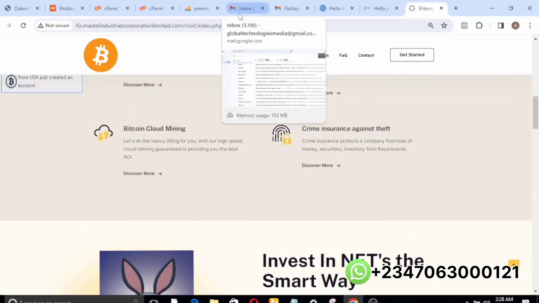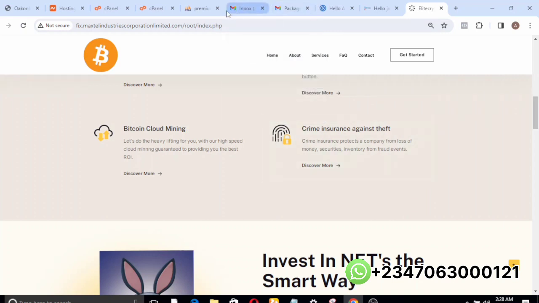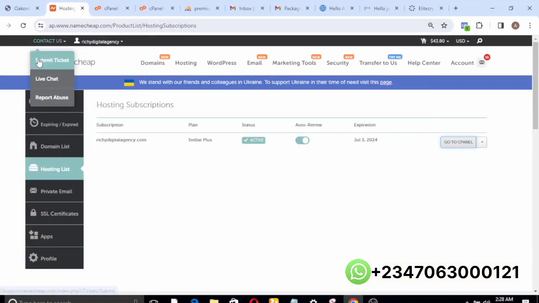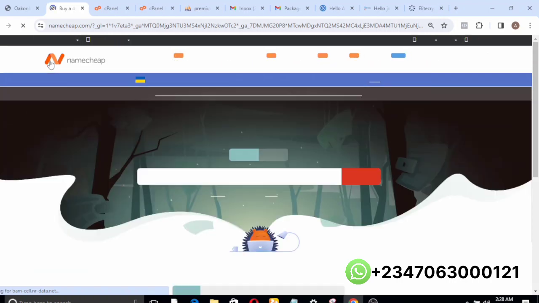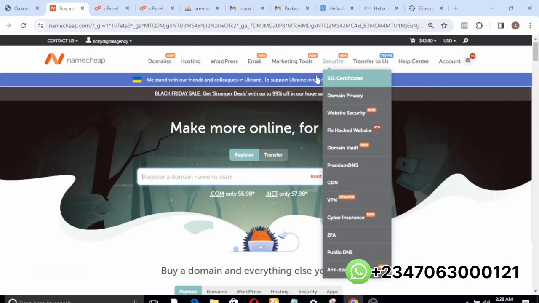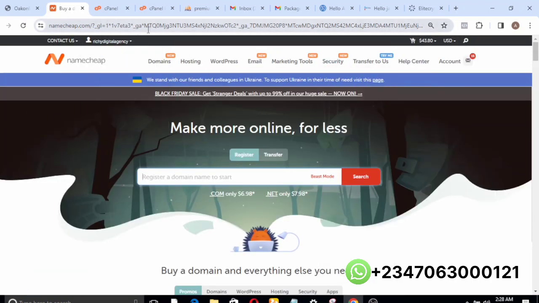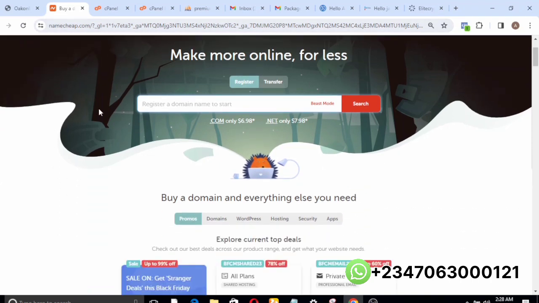So how do you get to set up this account? As usual, the first thing you need to do is get your domain name and hosting. As usual, I normally recommend Namecheap. If you want to get your domain name and hosting, just go to your browser and type in namecheap.com. This is what the homepage looks like. So what you do is just quickly come down to this section and type, let's say I want to use FX signals